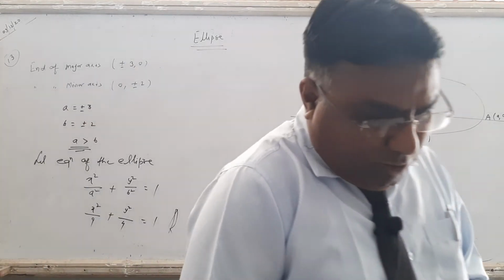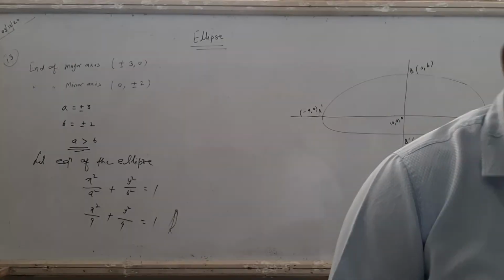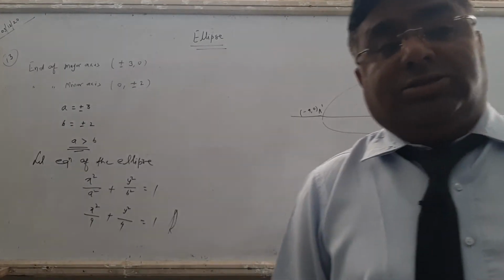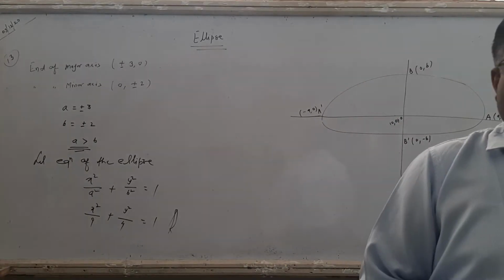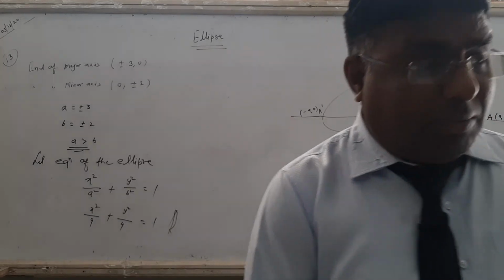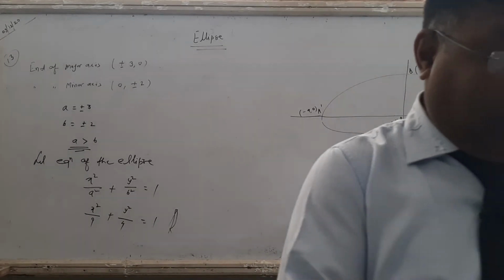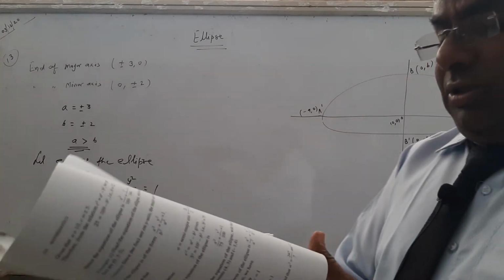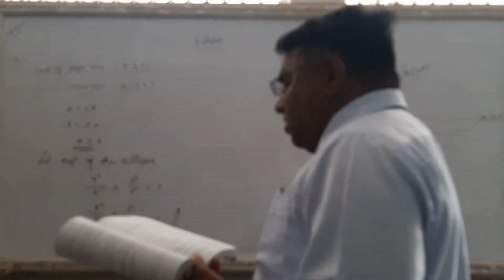Same, question number 14 is the same. The end of the major axis is given, and the end of the minor axis, but this is the second form, right, when x square upon b square plus y square upon a square equals to 1. Now the 15 question, 13 and 14 are same. Question number 15,